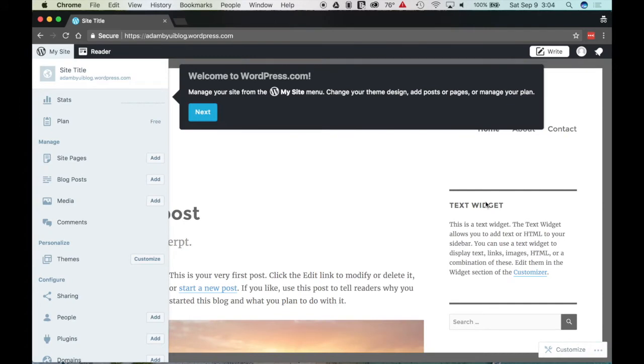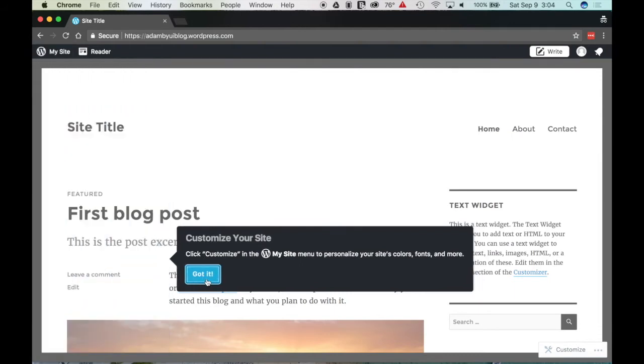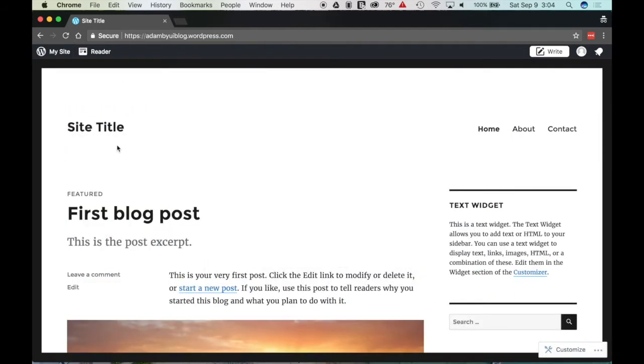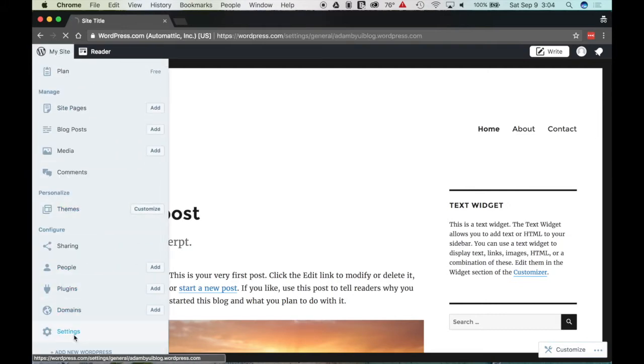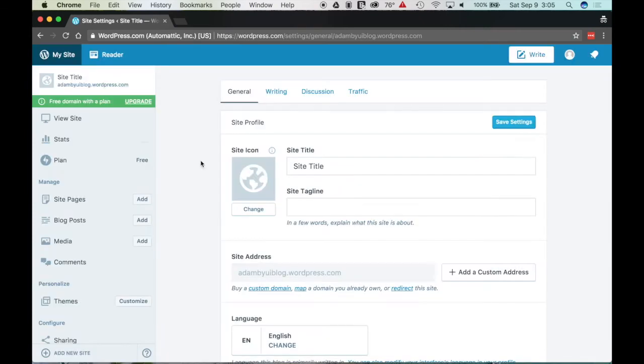Okay, so it automatically starts you up with a basic WordPress blog setup, and you can go through here, you can have the tutorial, see what you want to do with it. But what we want to do is make sure that you have all of the settings set properly. So if you go up to My Site, and you go to Settings,